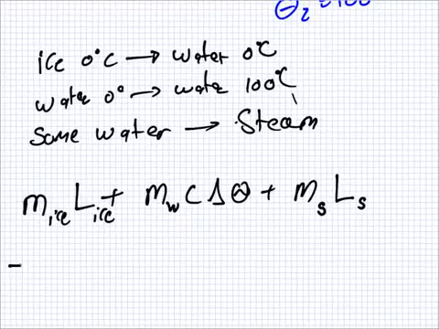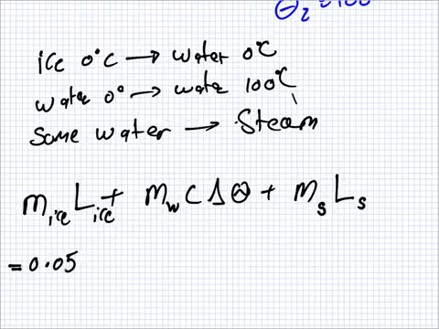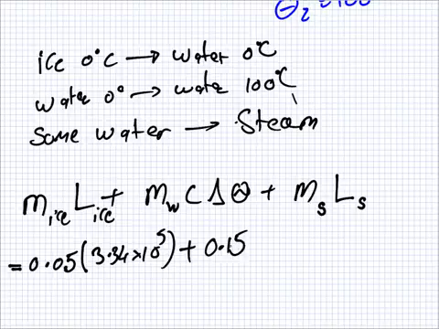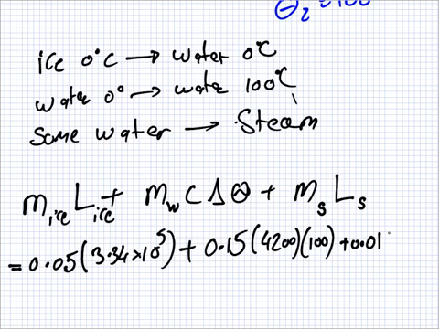Right, so how much ice do we have? 0.05. Is that right? And what's the latent heat for the fusion of water? It's given there as 3.34 times 10 to the 5. Now, what's the mass of the water? No, be careful. It's 0.15 now when the ice has melted and become water. And the c is 4200, and the delta theta is 100, and the steam is 0.01, and the L here,